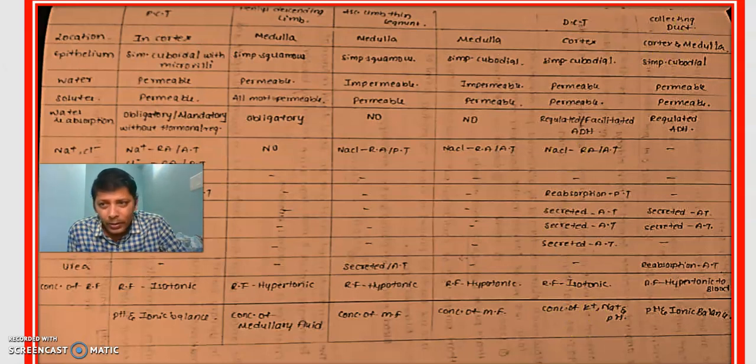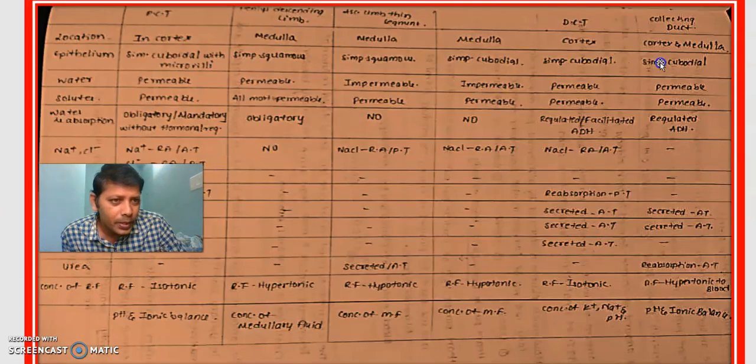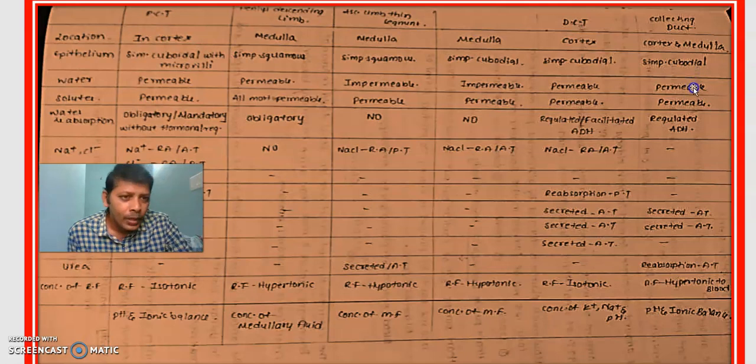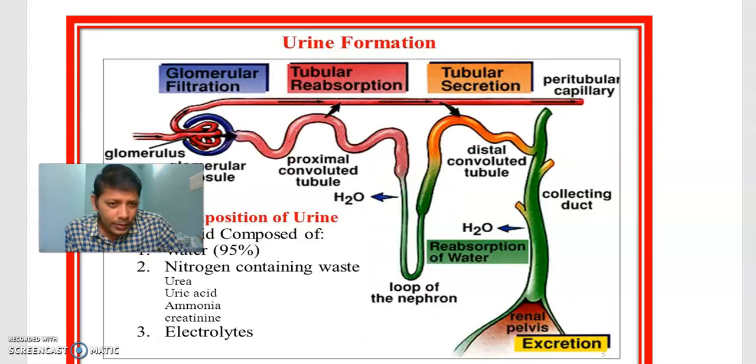The collecting duct is present in the cortex as well as the medulla. Next, what is the side heading? Epithelium. It is made up of simple cuboidal epithelium. See how many parts have cuboidal epithelium; I told you earlier in the histology of the nephron. It is permeable to water and permeable to solutes. You can observe here water is coming out, and urea is coming out. NaCl also comes out, but it is not shown there.